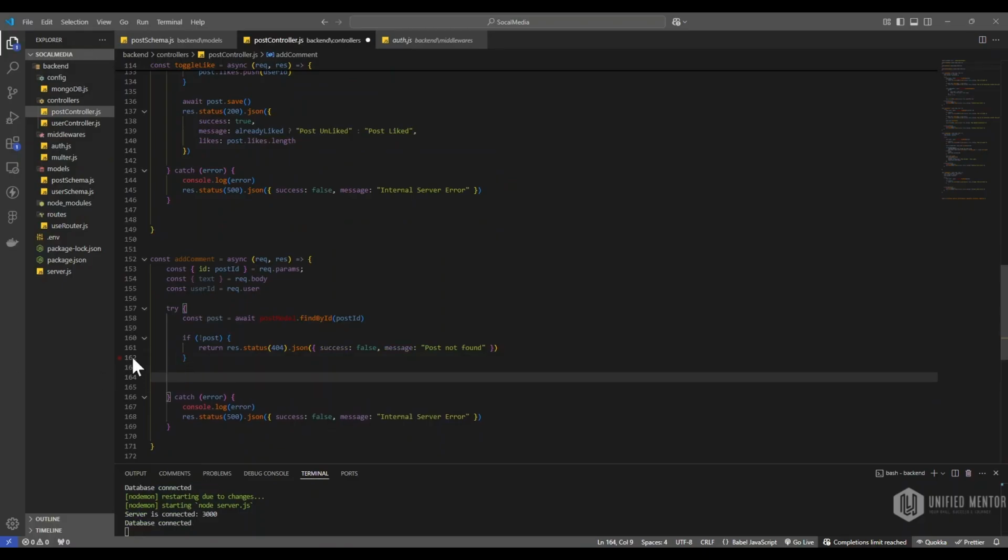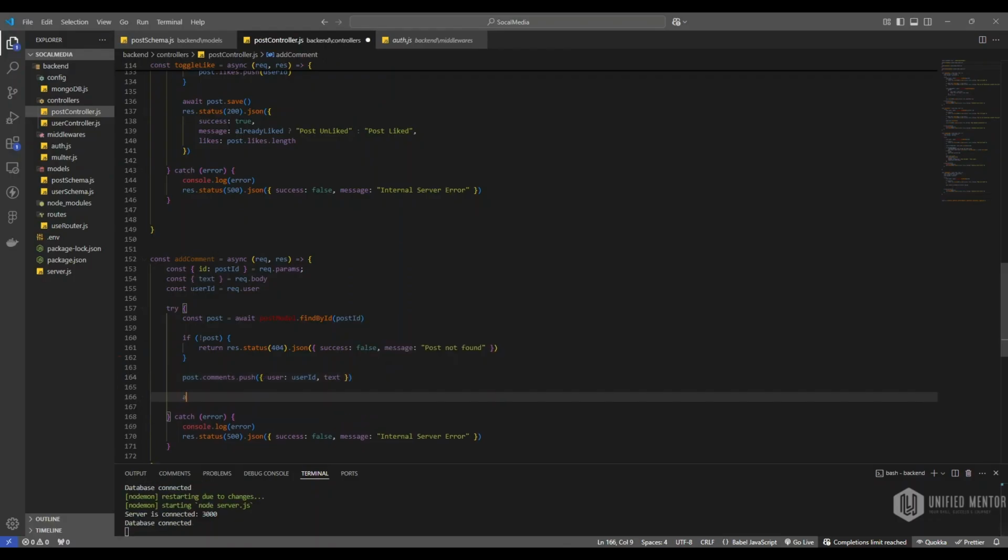And here we want to push the comment. For that one, as comments is an array, I give post dot comments and I will push. Here we will push the user ID first and text, so that it will be stored. After that, we will save this post, post dot save,